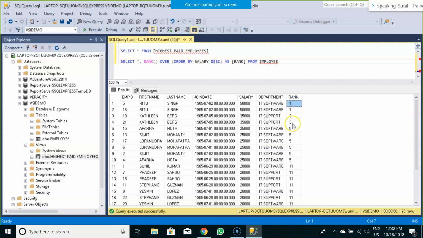So it doesn't follow a sequence at all, because what the rank function does is provide a consecutive numbering except in case of a tie. So here you could see there is a tie. Since it is a tie, it doesn't assign a consecutive numbering. Whenever there is a tie, it would give all those rows the same rank.